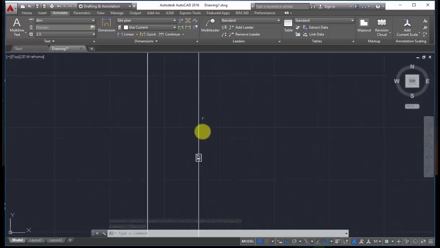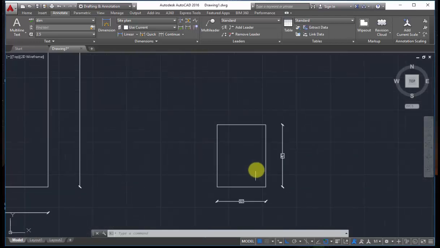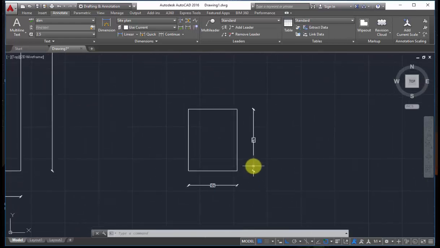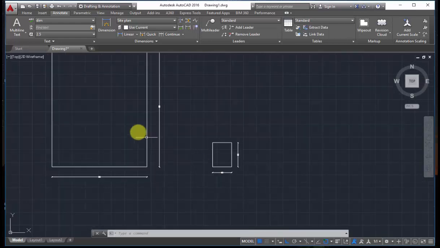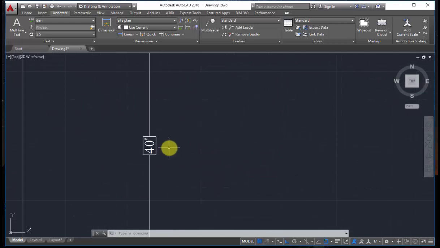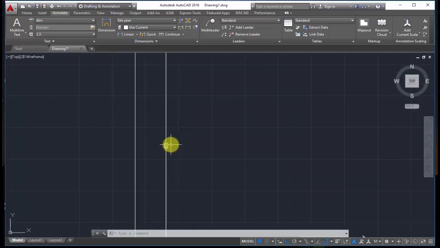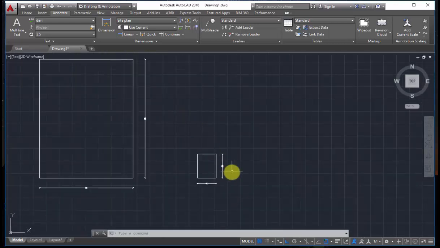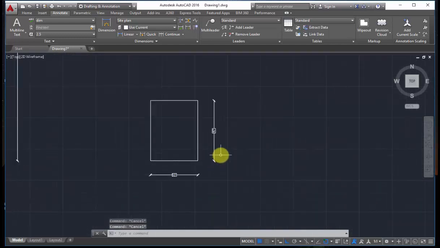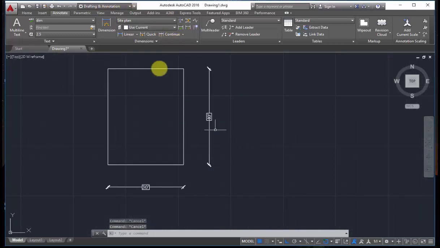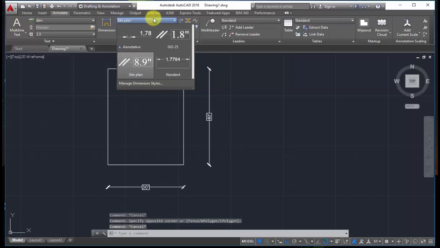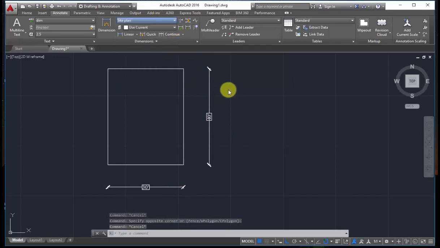If you modify the same one, then these values will also get multiplied by 5. So you are going to set a new one itself, and after setting, come to annotate. In the dimension tab, select the dimension text and set it as site plan. But by default, whenever you're working, it should be ISO 25 itself. So this is how you will be setting your site plan.